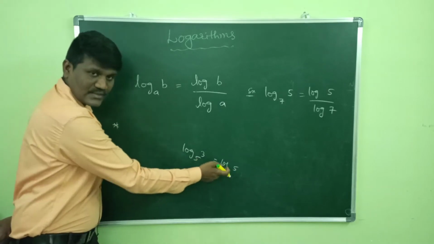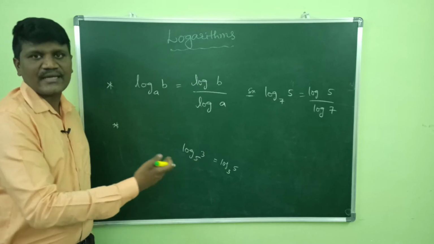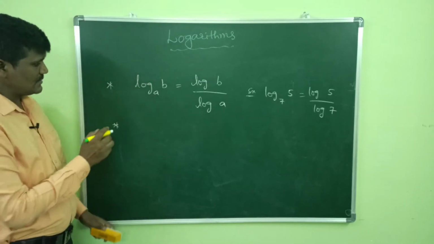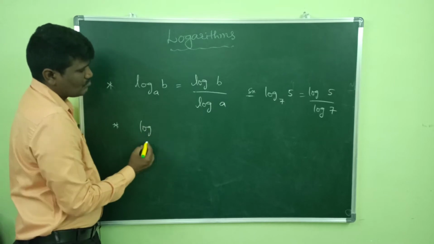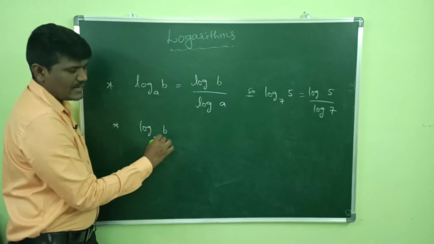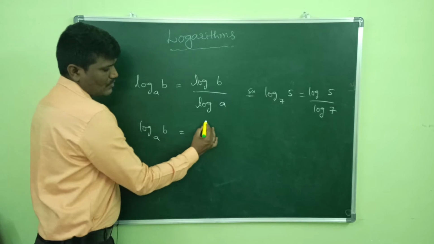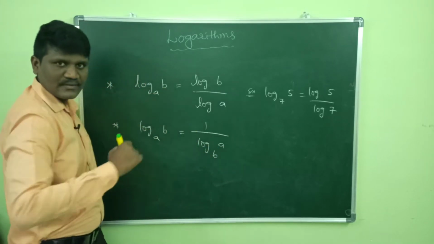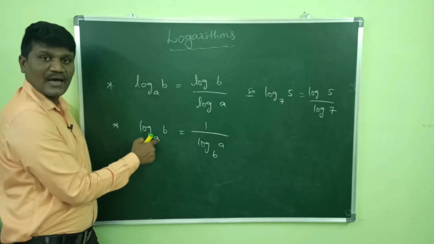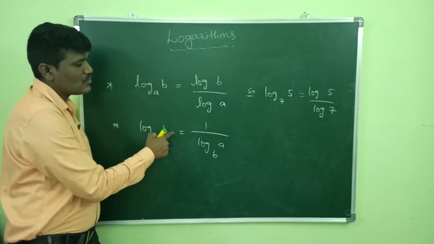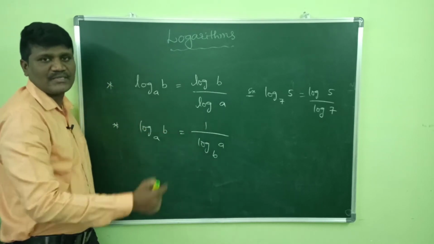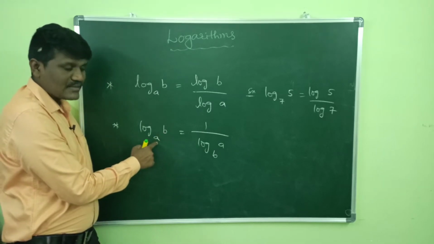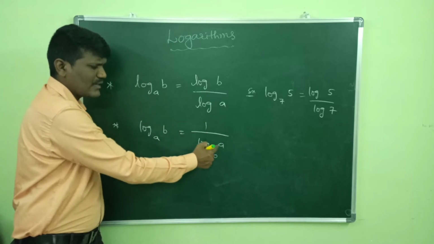Then whether these two are the same, how can we equate it? So simply, while equating that, what I can write is log b to the base a is equal to 1 by log a to the base b. If I want to interchange the log value and the base value, it should come in the denominator. Okay, so log b to the base a is equal to 1 by log a to the base b.